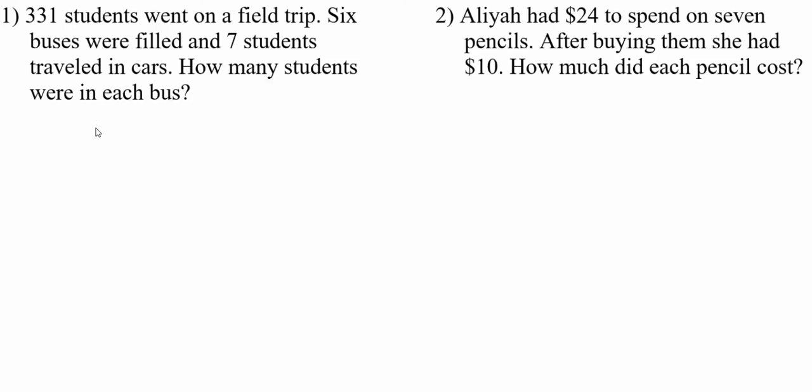Okay guys, Mr. O coming to you, gonna solve two-step equations from word problems. So number one, we've got 331 students on a field trip. That is key right there. Right off the bat, they have already given you your total. So you already know what it equals. 331